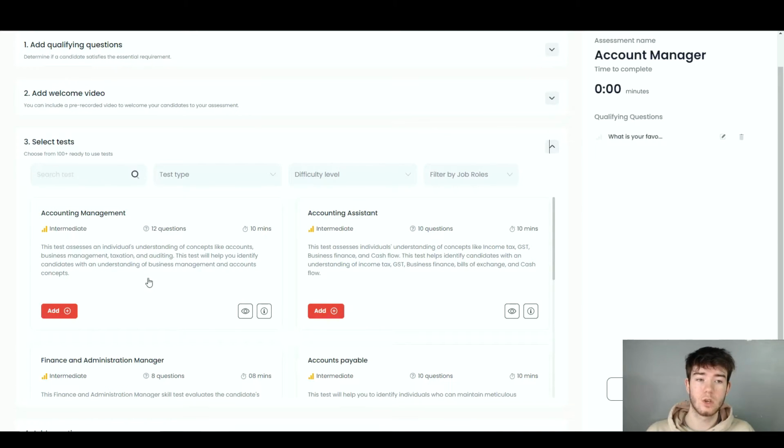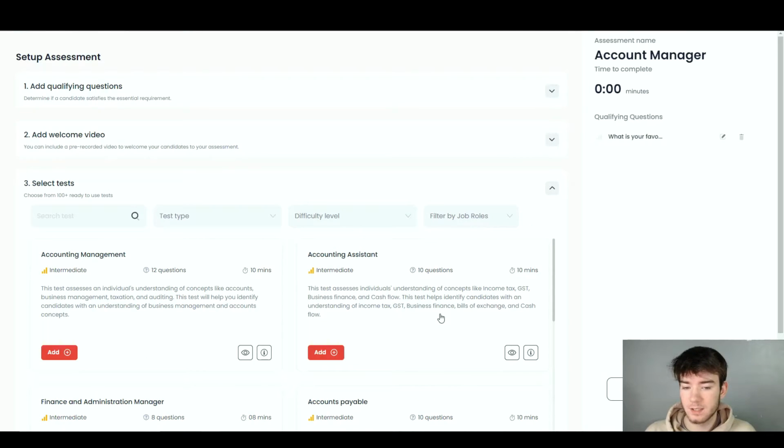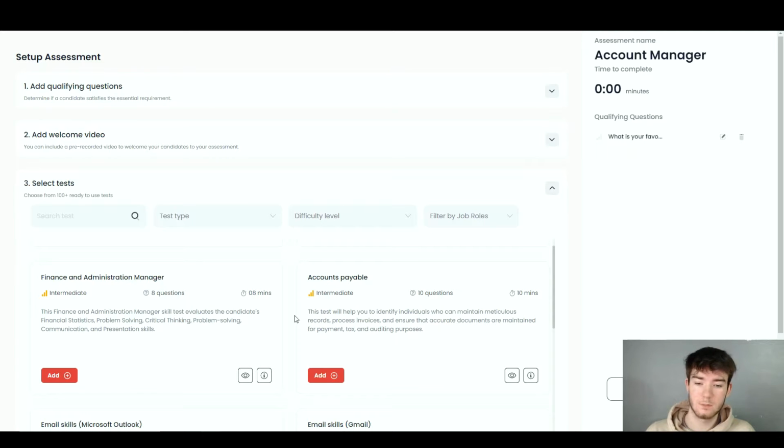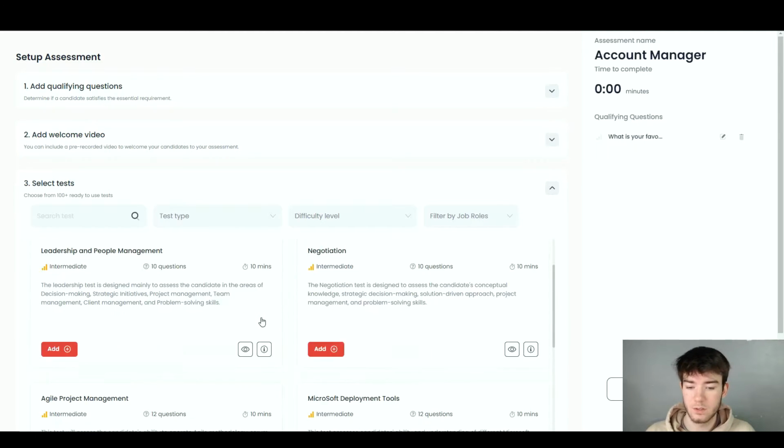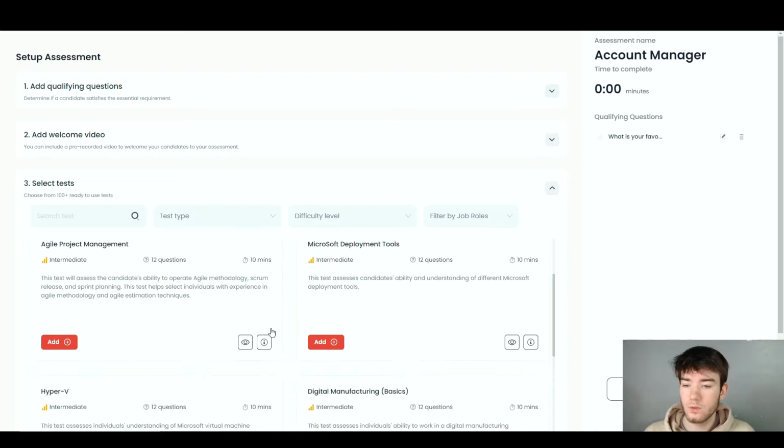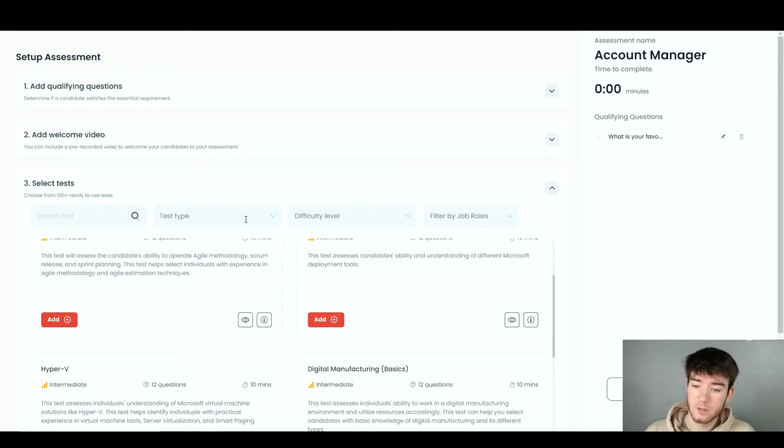So again, as we chose an account manager right up in the top right hand corner, it opens up some requested tests that your candidate should actually take when applying for that job. So you have accounting management, accounting assistant, finance and administration manager, accounts payable, and other stuff like that. So you can actually scroll through these, search them if you want, search any test types, difficulty levels and filters,